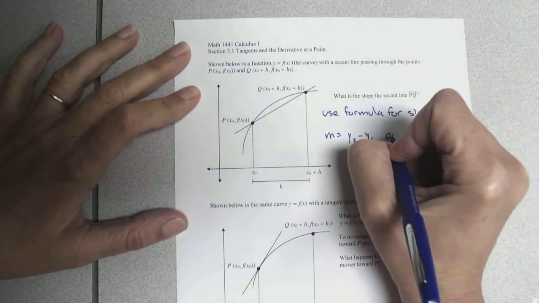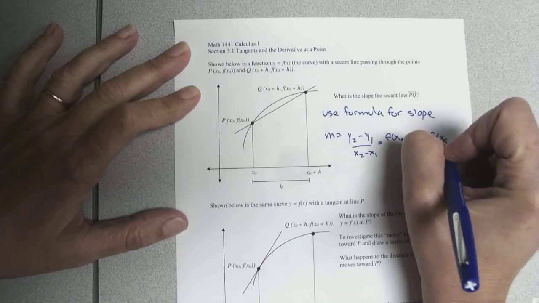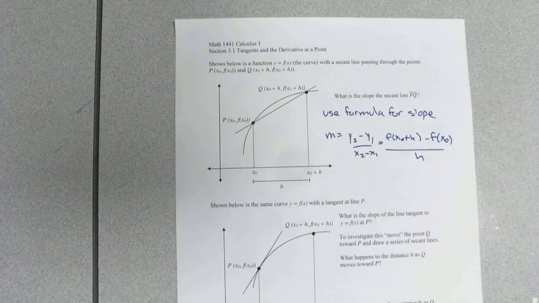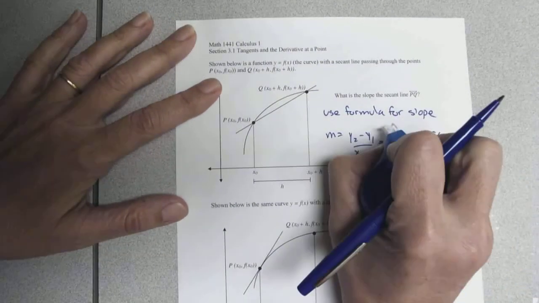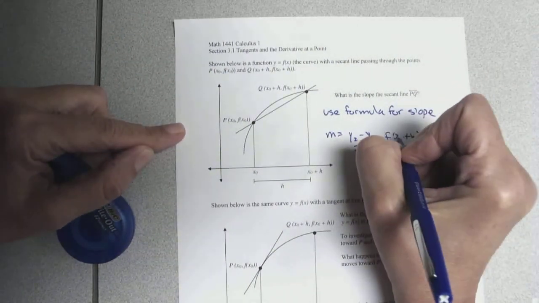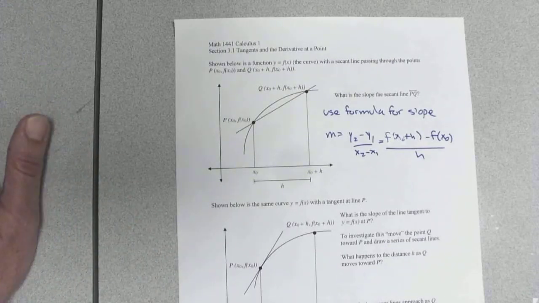So in this case, f of x naught plus h minus f of x naught, all over h. So there's the slope of the secant line. Nothing special there, no calculus necessary. That is just algebra. So that's pretty boring. So the next question we're going to get here